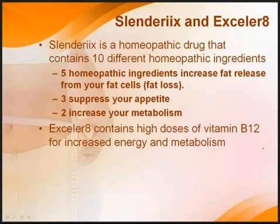Now, Slenderiix is a homeopathic drug. The FDA looks at homeopathic ingredients as a drug. That's the way the FDA looks at it. These must be produced in an FDA-registered facility that has the ability to produce also the over-the-counter drugs. Now, Slenderiix contains 10 different homeopathic ingredients that have been well studied, not only for the last 100 years, but